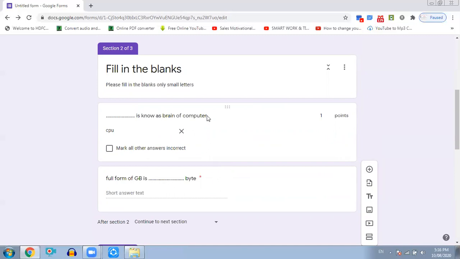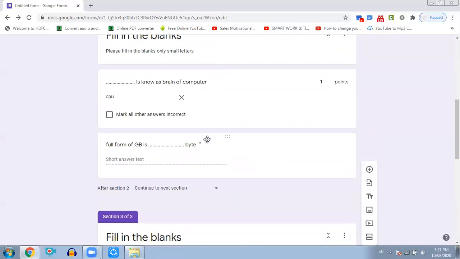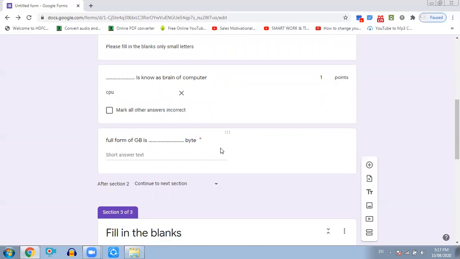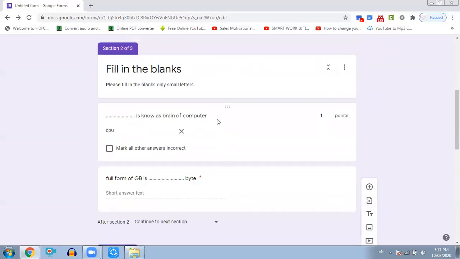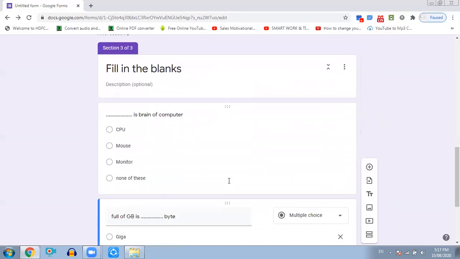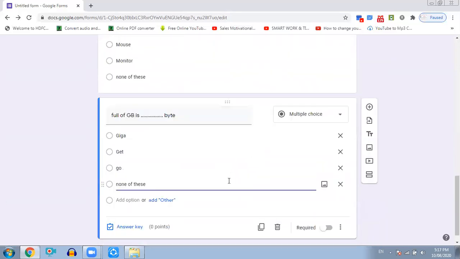In this form they need to type the answers, and it is case sensitive, capital letter, small letter, so students may make mistakes, and after typing the right answer also they may get a wrong result. So for the small students you can go for this. In higher classes you can prefer this one, no problem, but you can instruct all these things. Take a small practice test before the main test with the students, and you can proceed with this.